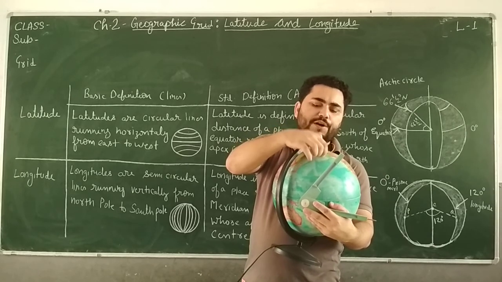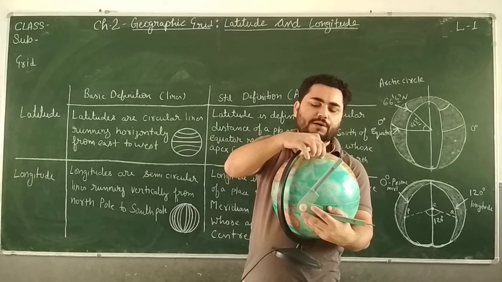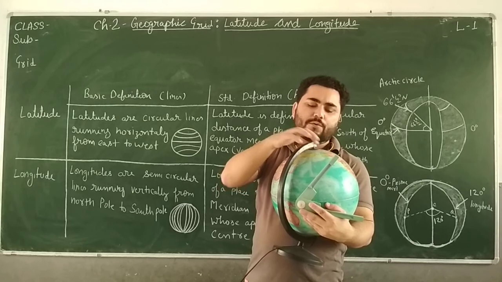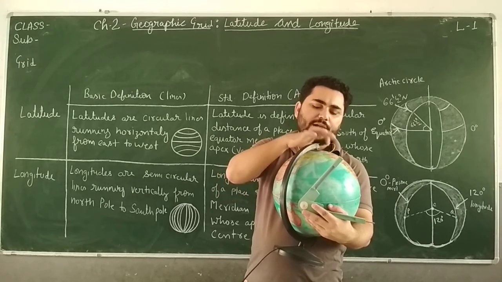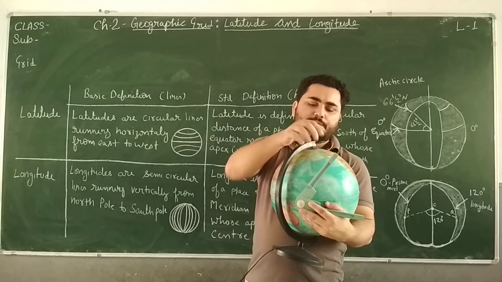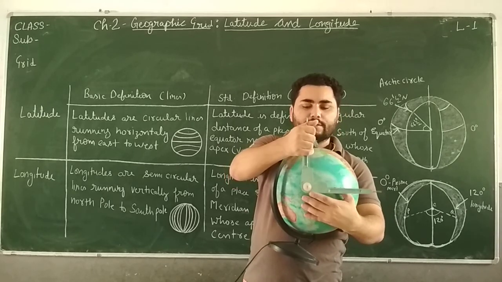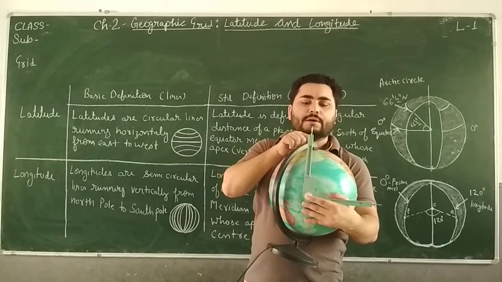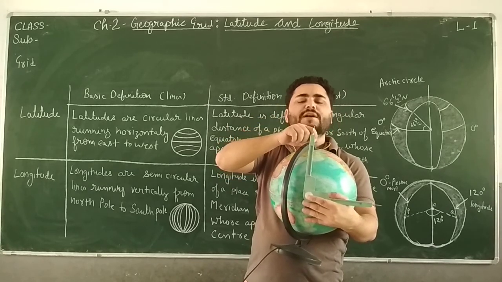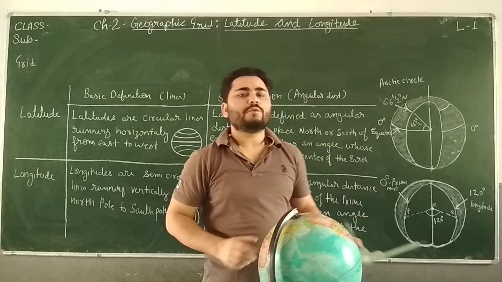Here one point will be drawn, and similarly when I keep a pencil here and rotate the Earth, one line will be drawn like this. So anywhere on that line, if I measure any point, it will be 80 degree only, right? But when it is vertical like this, 90 degree, that is the maximum angle. So that will be just one point only. If I rotate the Earth, it rotates on one point only. So the 90 degree line is actually a point, clear, that you have to remember.